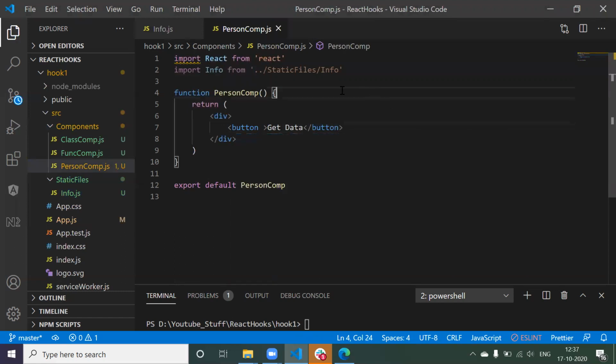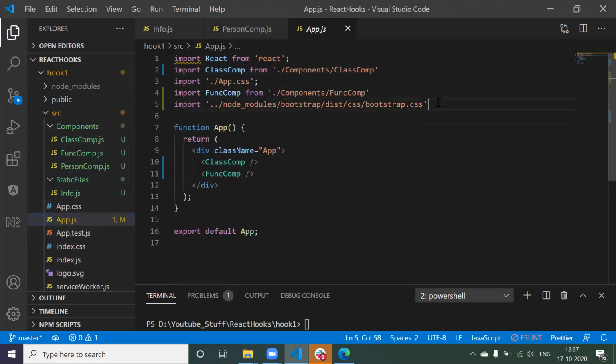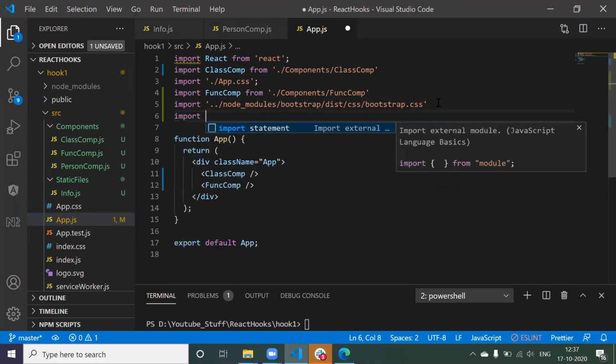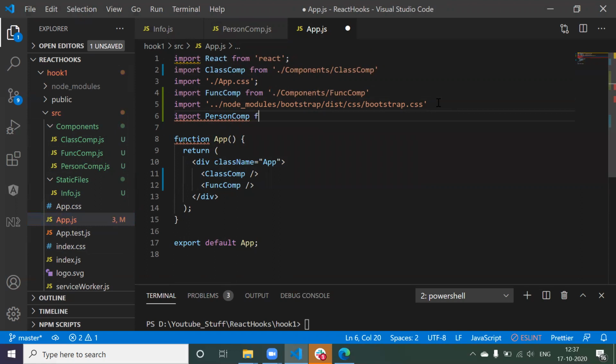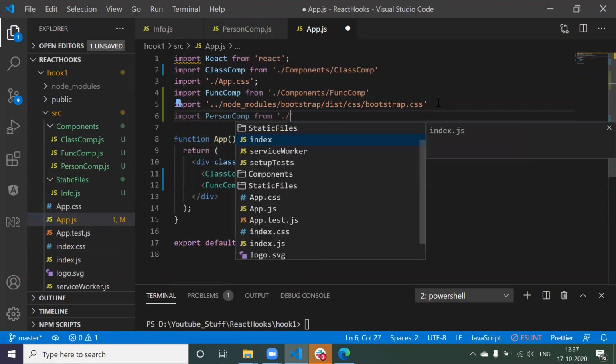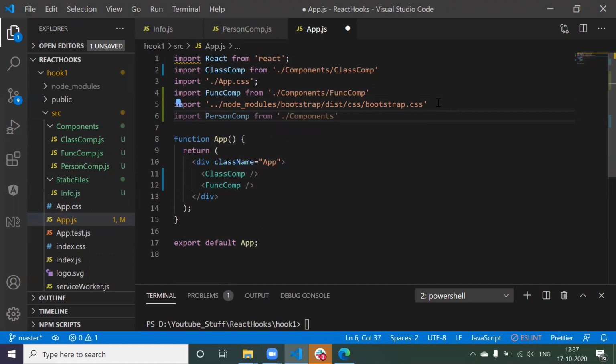So let me come to app.js and import this particular component. So how I'm going to import is import PersonComponent from, it will be very similar to your other components, and here it will be PersonComponent.